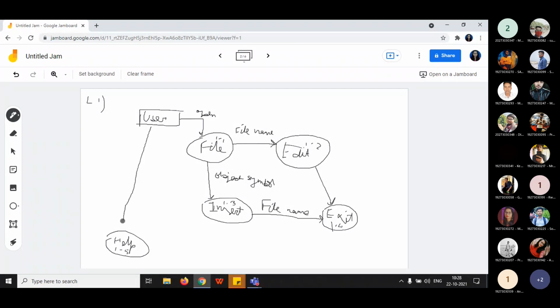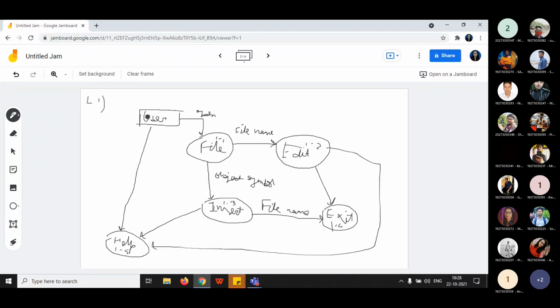Using the file name, also from the insert process, the data is going to help. Similarly, from edit, you can go to the help option. So in this way, all these processes are interlinked, and you can do the following operations using file name.